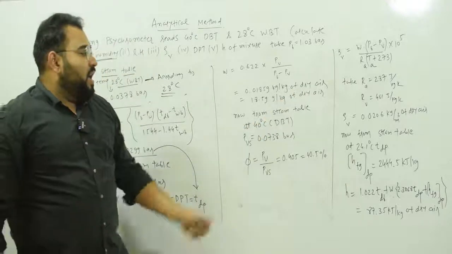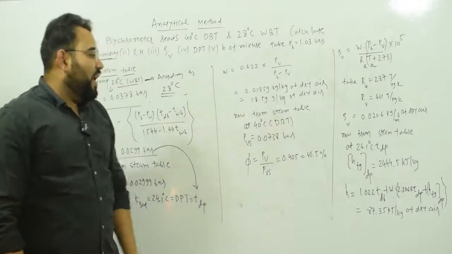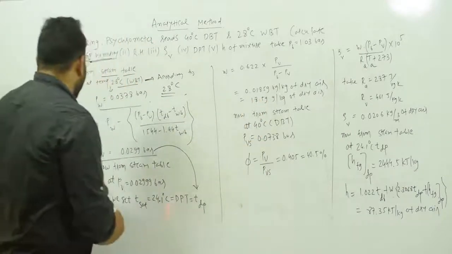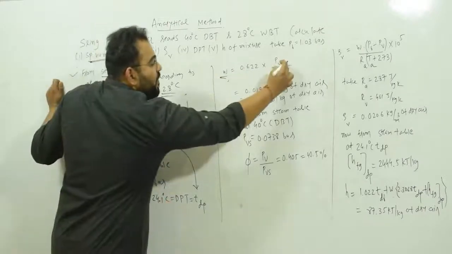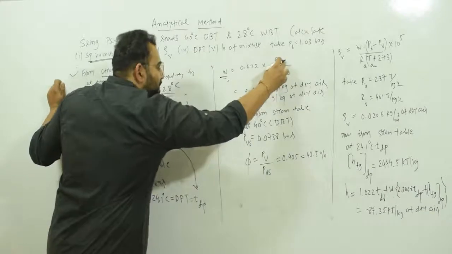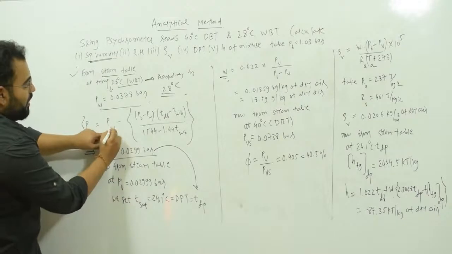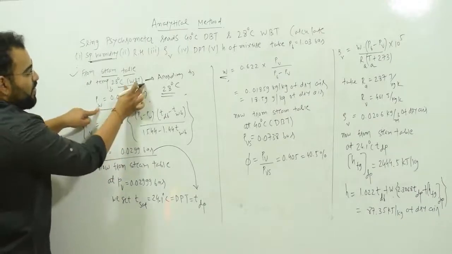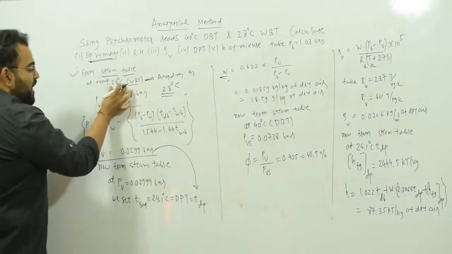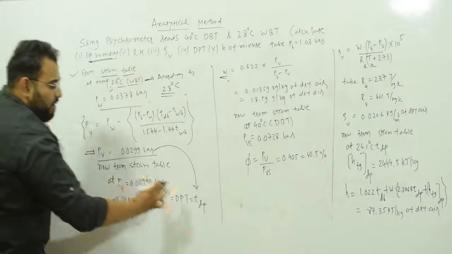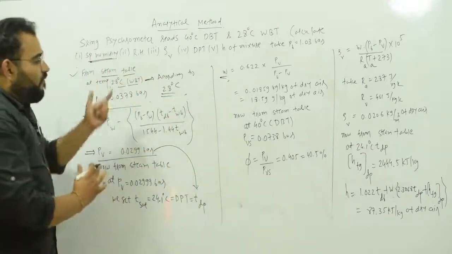Always remember the unit. If you want to convert to gram per kg of dry air, the answer will be 18.59. So if you want to find the specific humidity, then you require PV, and to find PV, what do you have to find? PW, and to find PW, which temperature is required? WBT. So by using the WBT temperature, you can find PV, you can find the dew point temperature, and you can find the specific humidity. So this is the role of wet bulb temperature.